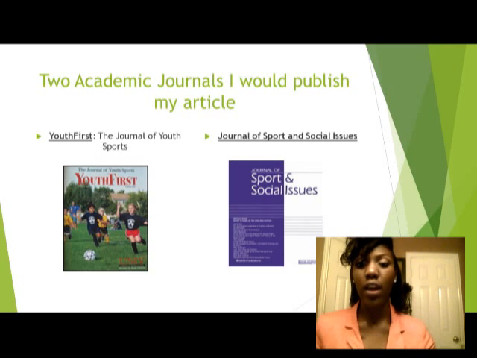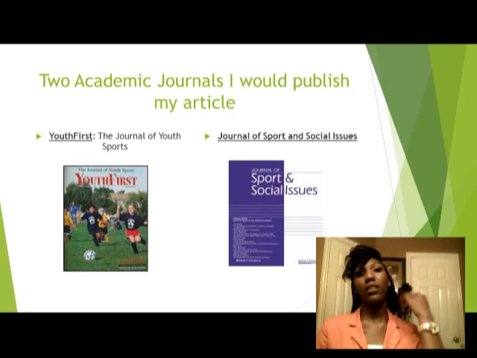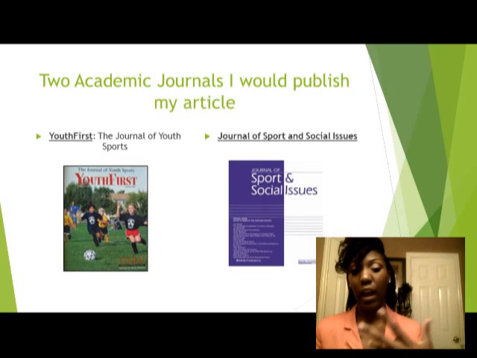And then the Journal of Sport and Social Issues, their mission is pretty much to bring together the latest research and discussion analysis for sports issues, where their editor is C.L. Cole, University of Illinois at Urbana-Champaign, USA. Their submission guidelines are to work ideas for scholars and others and understand the relationships between sports and society from diverse theoretical and disciplinary perspectives. They have different submission principles to send to each, and if I were to conduct my study, I would use these two. My name is Jessica Moss, and this is